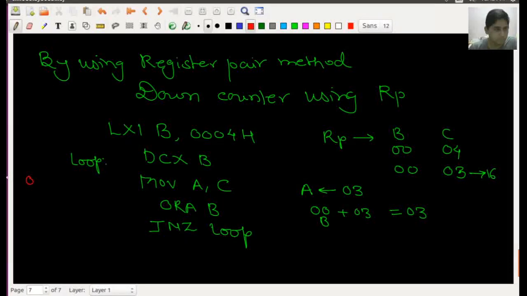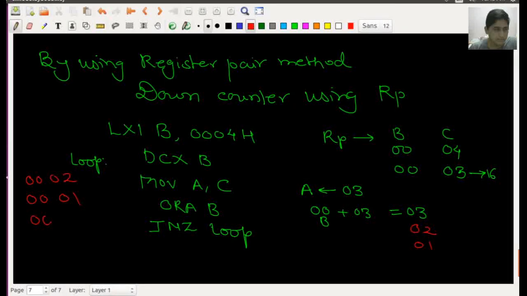Again the same procedure will be followed, the answer will be 02 here. Again it will decrement, next value will be 01. And at the last, when we are ORing, this zero flag will be set. Instead of reset, it will be set, and finally it will come out of the loop. So it will become the 00.